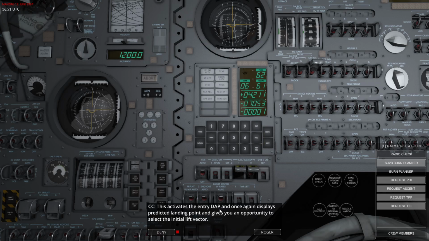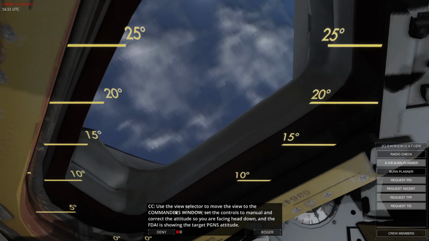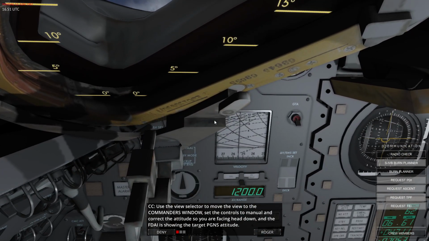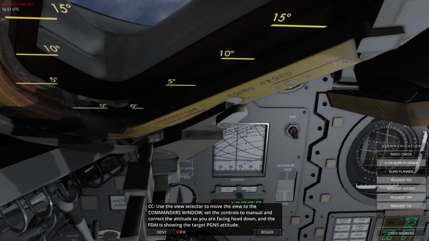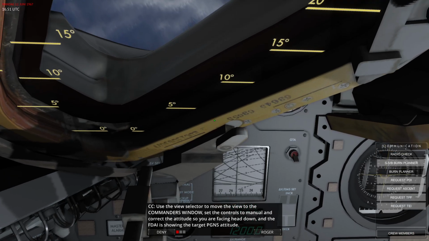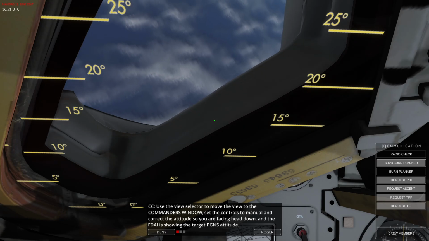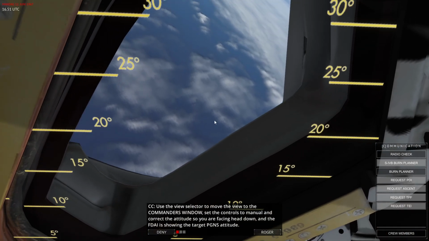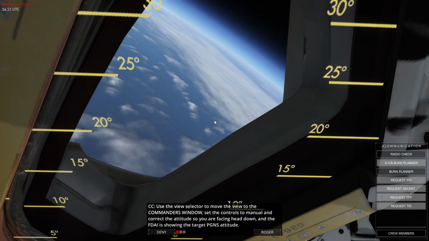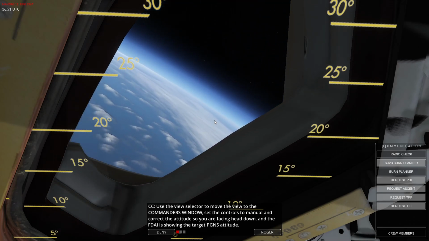This activates the entry DAP and once again displays the predicted landing point and gives you an opportunity to select the initial lift vector. Use the command module, use the view selected to move the view to the commander's window, and set the controls to manual and correct the attitude so you're facing heads down and the F dice showing the target. So let's go ahead and maneuver so we can see the